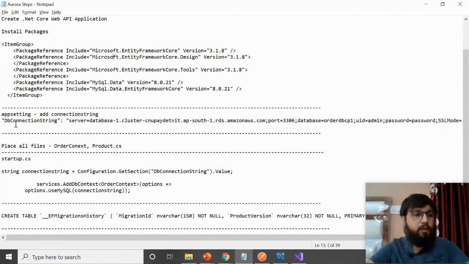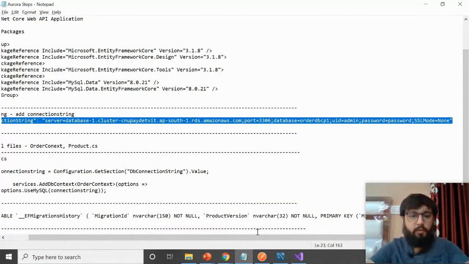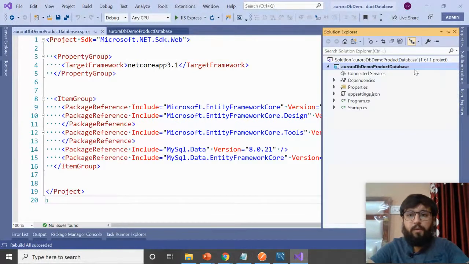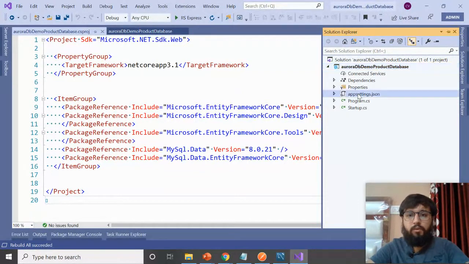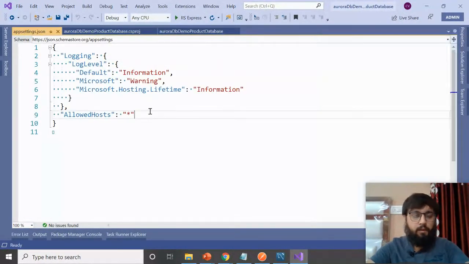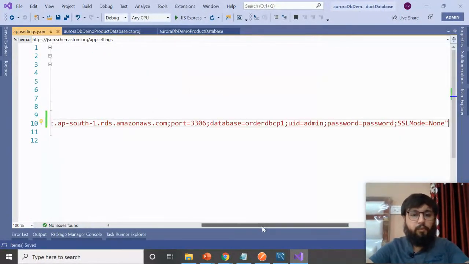What is the next step? Next step is we need to paste the connection string. So connection string is your Aurora DB connection string. We'll modify this accordingly. Let's first check rebuild has succeeded. We have these packages. Then go to your app setting, enter comma and provide your connection string.